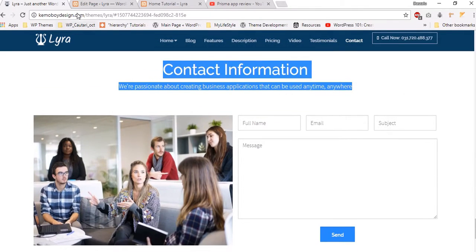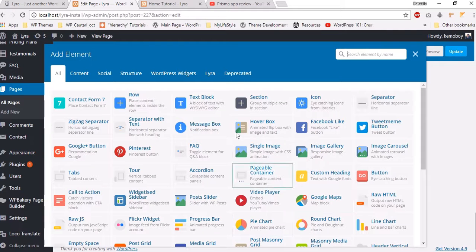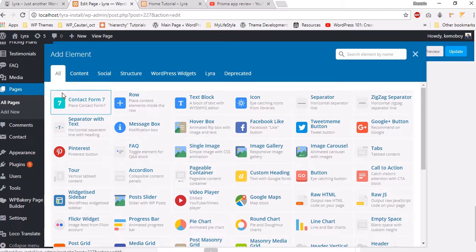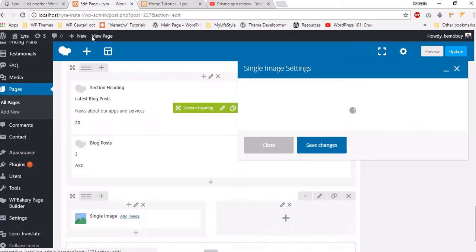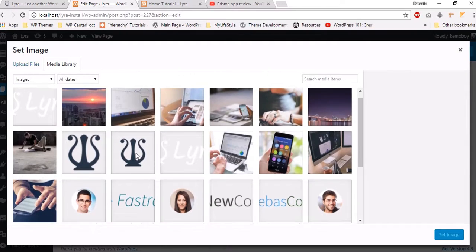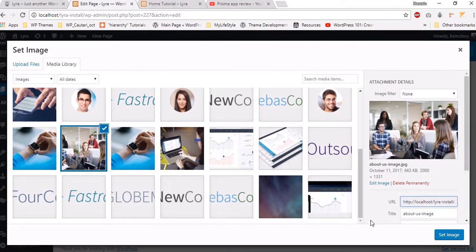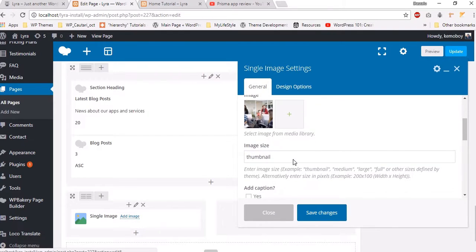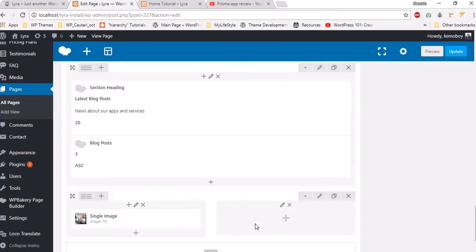And as you can see, so the next section you may want to add is the contact section, and this one is very simple. You may want to add a new row, and in this row you may want to split it in 2 columns. On the left column you will want to add a single image. In our case it's that image, so let's search for that image, and you want to specify the size as full. Click Save Changes,